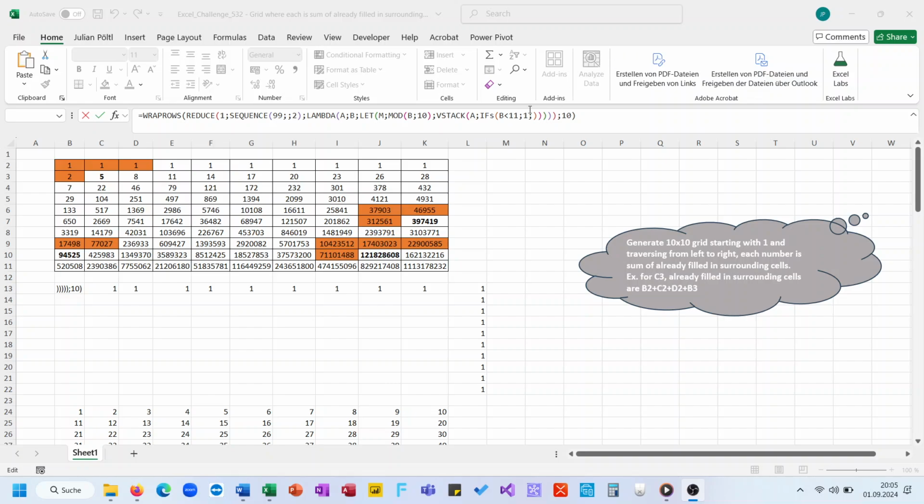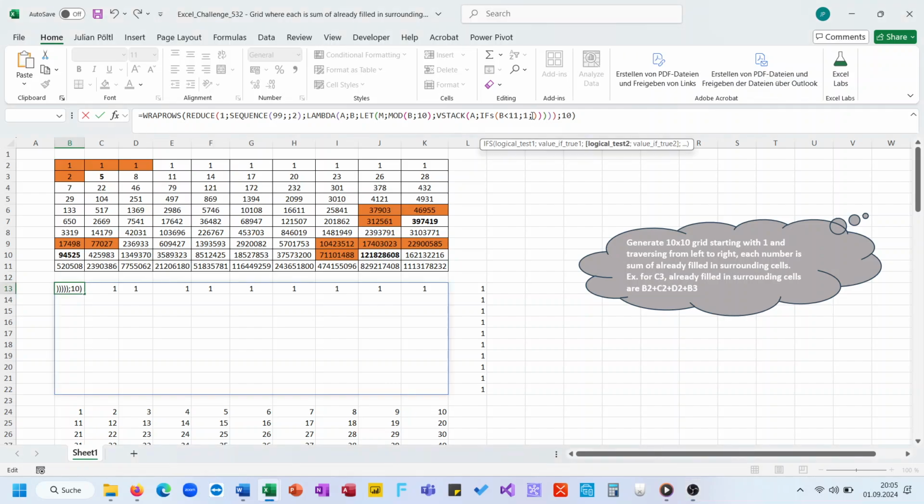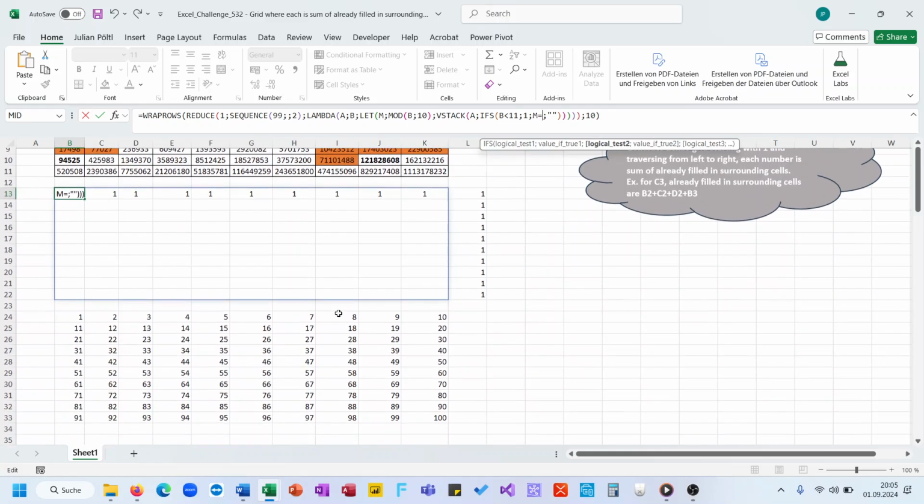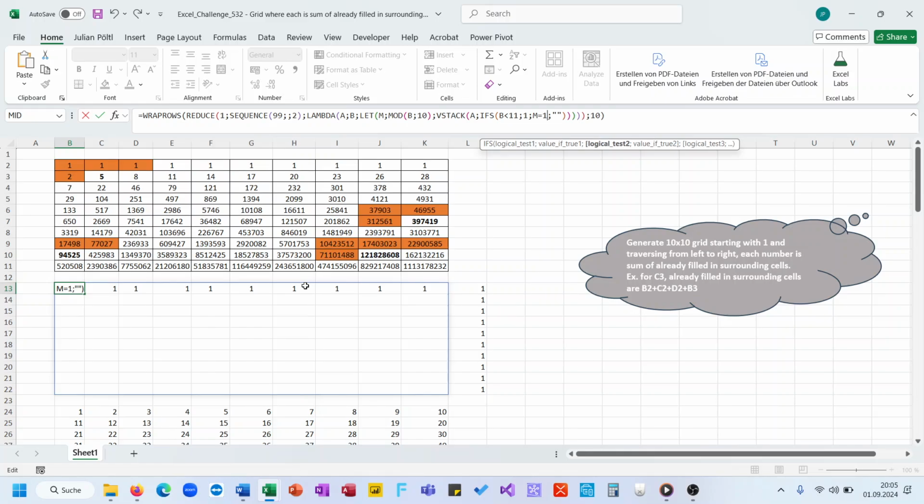So let's take an IFS because it's a little bit easier, otherwise nothing. So IFS here: if B is smaller than 11, we have 1. Then afterwards the MOD, so M equals, I think it's 1, yeah, it's 1. If M equals 1, then we have